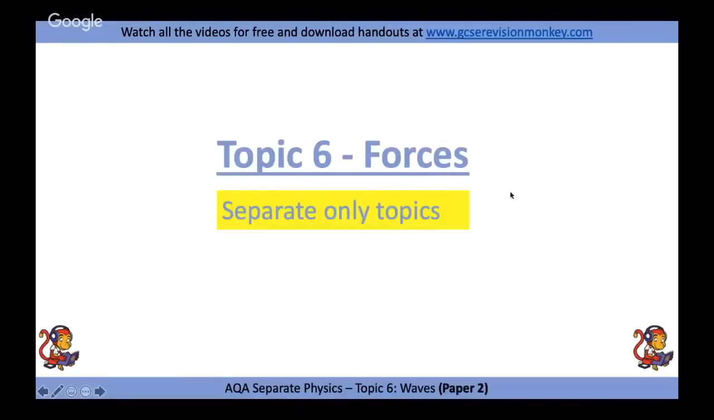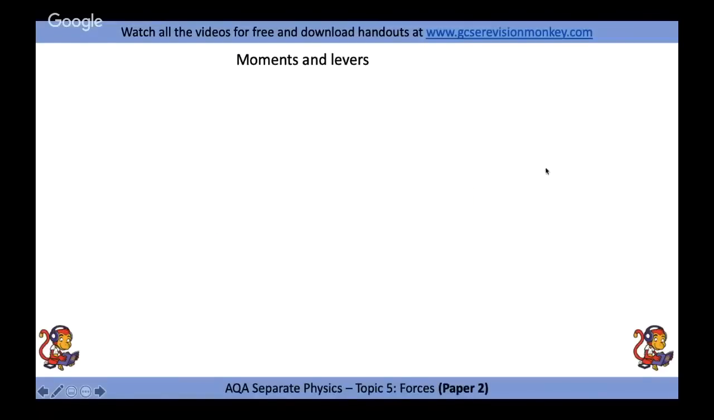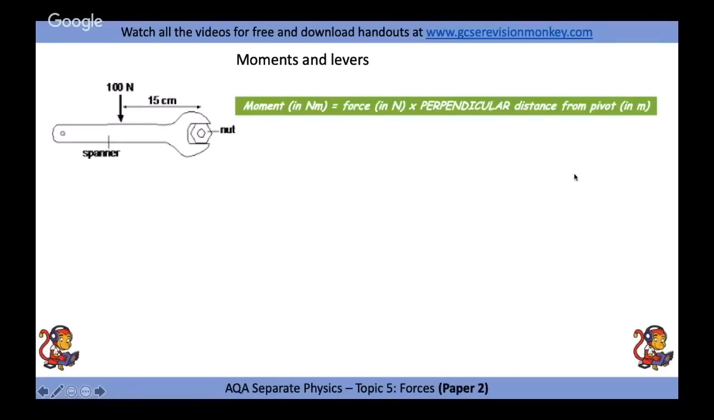Rest of the topic then, forces. So moments and levers. What are they all about? They're force multipliers that basically let you increase a force without actually having to use a bigger force. And how they do that is you increase the distance between where you're applying the force and where the force is needed. So what I mean is the moment, the turning effect of a force, is equal to the force